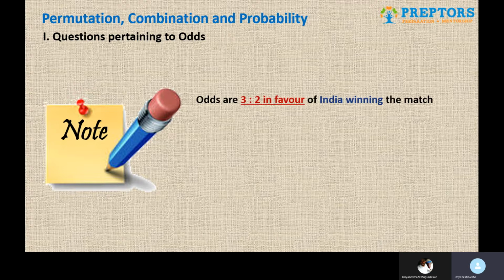As in, there will be statements given like this, and the statement is odds are 3:2 in favor of India winning the match. And what does that mean is, if we were supposed to figure out what is the probability that India will win the match, that will be 3/5, and India will lose the match will be 2/5. So what you have to remember here is the wordings in favor or against, and what ratio it is given. So in favor, and hence 3/5 is the probability of India winning.